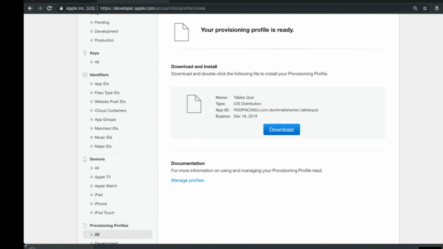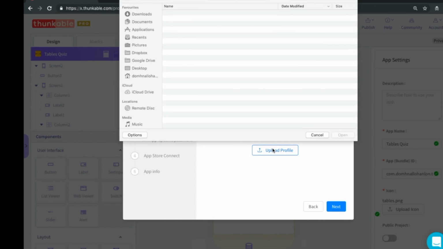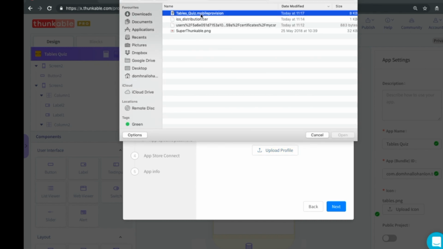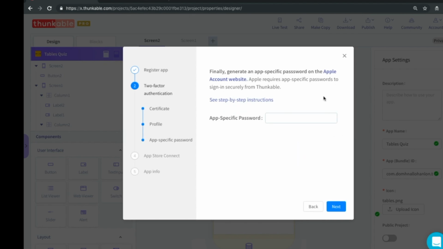Again, this gets downloaded here, and we go back to Thunkable to upload it. To upload the mobile provision profile, let's just hit upload. We'll choose the .mobile provision file here from our downloads folder. And if we click next, we're asked for an app-specific password. So we're pretty much done now with developer.apple.com. To generate this password, we have to go to